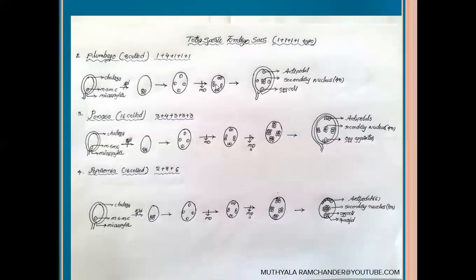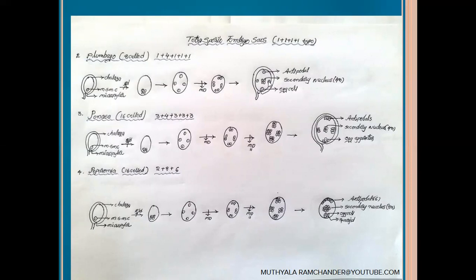From each corner, a single cell moves to the center region of the embryo sac. They act as secondary nuclei. Here 4 haploid nuclei reach the center region. The 4 haploid nuclei act as a secondary nucleus, meaning the 4n stage of the secondary nucleus is present in Plumbago. At the chalazal region, only a single antipodal is present. At the micropylar region, only a single egg cell is present. Lateral 2 cells are present. In this embryo sac, synergids are absent.